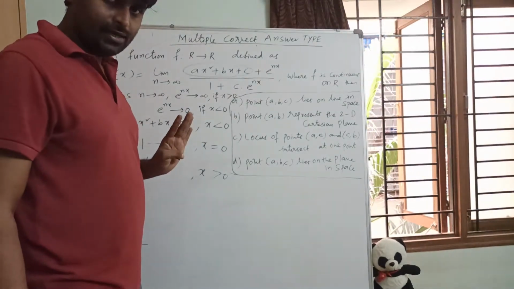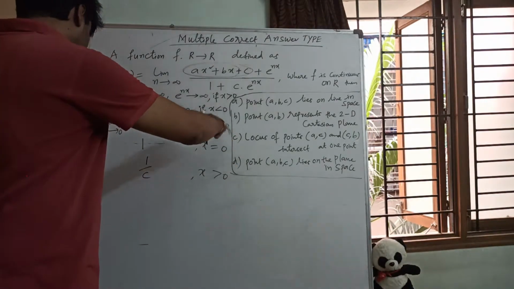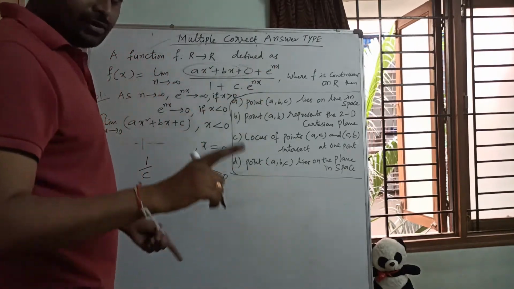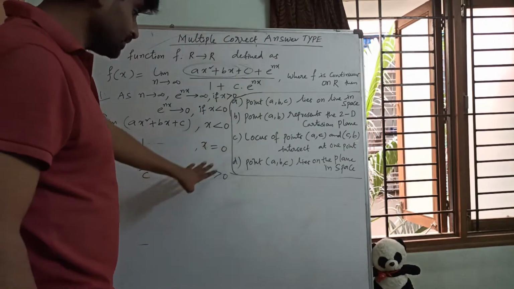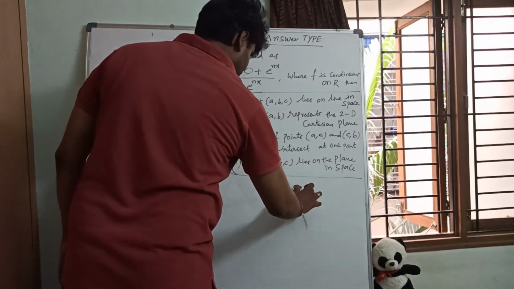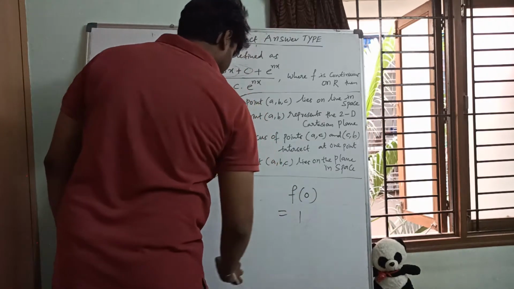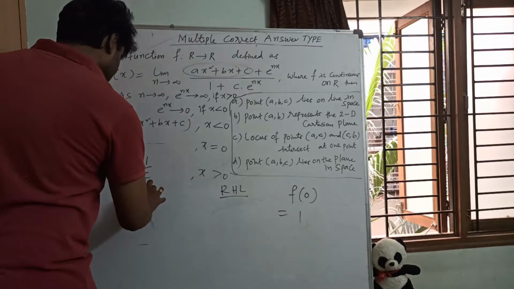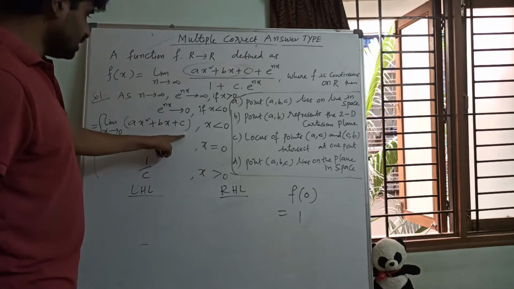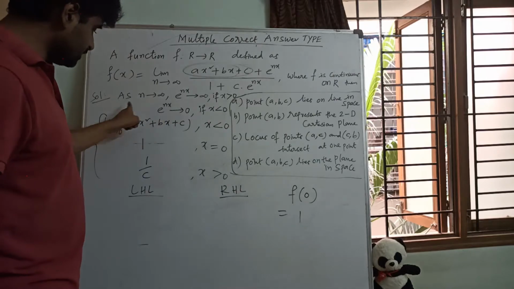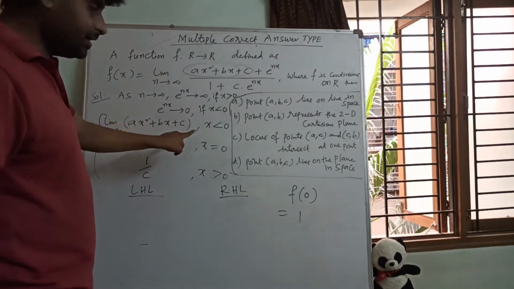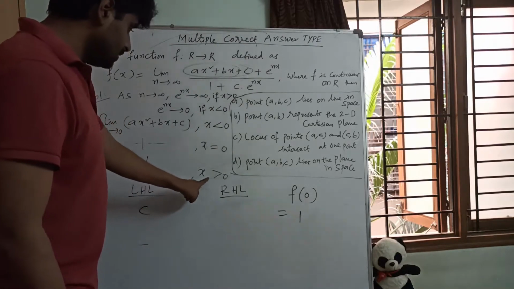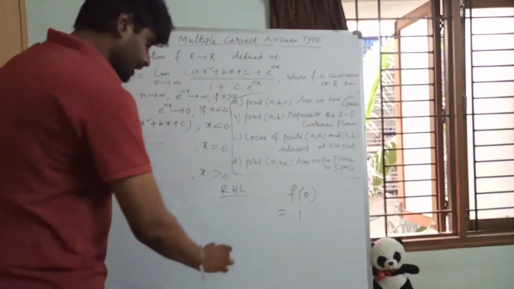Now we are going to check whether it is continuous or not. Already f is continuous, given on R, so we must equate LHL, RHL and function value. Tell me what is the function value here? f of 0 is already 1. What is LHL? LHL means this one, so substitute 0 here, at x tends to 0 we are going to check, put x equals 0. What will you get? c. And RHL, this value we will take, there is no x value, directly 1 by c.